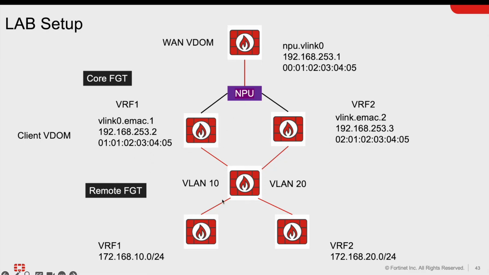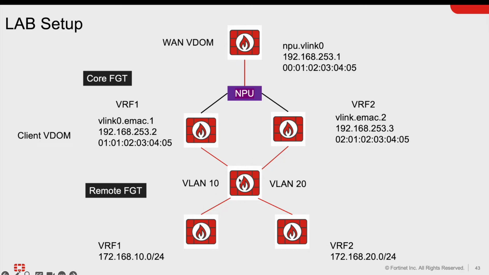Downstream of that, to show the transport of data, I have got a remote. This is a secondary FortiGate, and this FortiGate is linked to the primary FortiGate via a VLAN trunk. So these two individual red links here are actually a singular Ethernet link with VLAN tags. So it's a .1Q trunk, and I've got VLAN 10 going to VRF1, VLAN 20 going to VRF2, and then